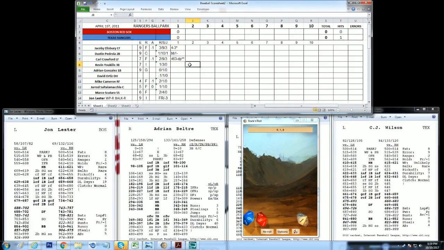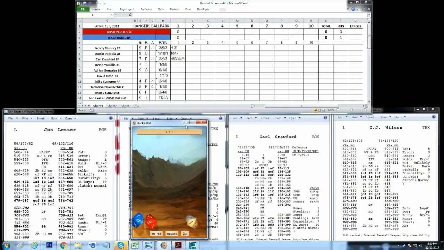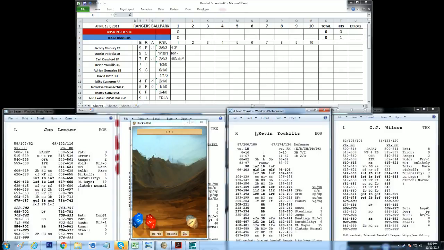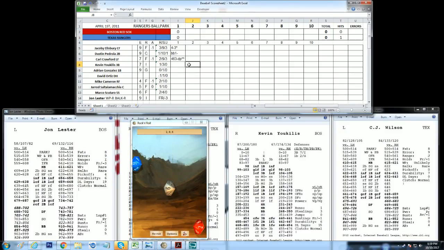That brings up Kevin Youkilis for Boston against C.J. Wilson. And the windup, the pitch. Here it comes. 296, so we know it's coming off of Youkilis' card, and the left-hander, so 296 is going to be another walk, BB. So a walk for Youkilis,